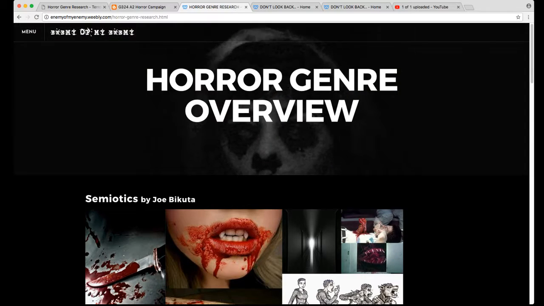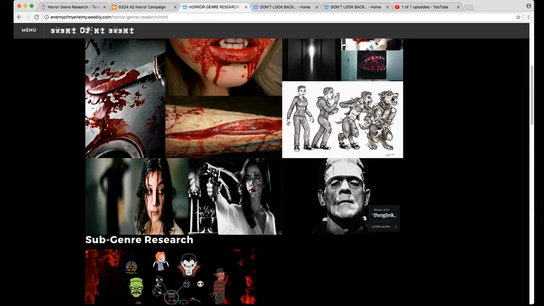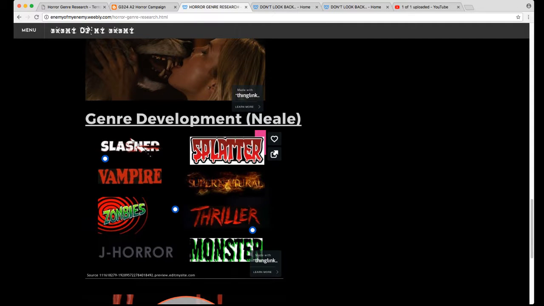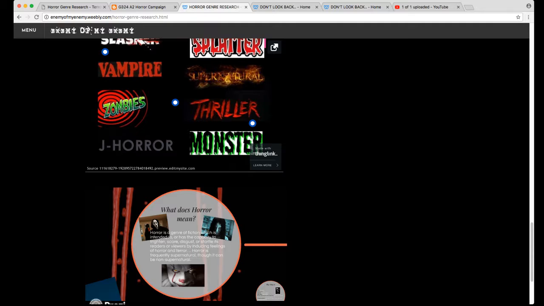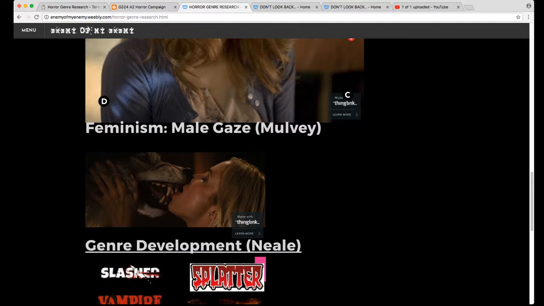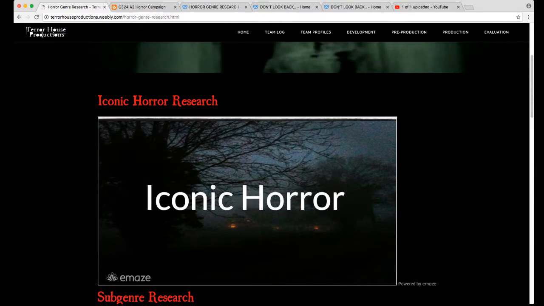What it's missing is, again, showing what development there is on there, as in like how any of this is helping you define your idea. So, at the bottom, I should probably expect something like, we are deciding to work in this subgenre, or we're intrigued about these ideas of, yeah, that kind of stuff. This section definitely is working on the genre development. Also, there's nothing there about Christian Metz and those stages of genre that we talked about, whereas there is on this one. So that's something that kind of needs to be included a little bit.